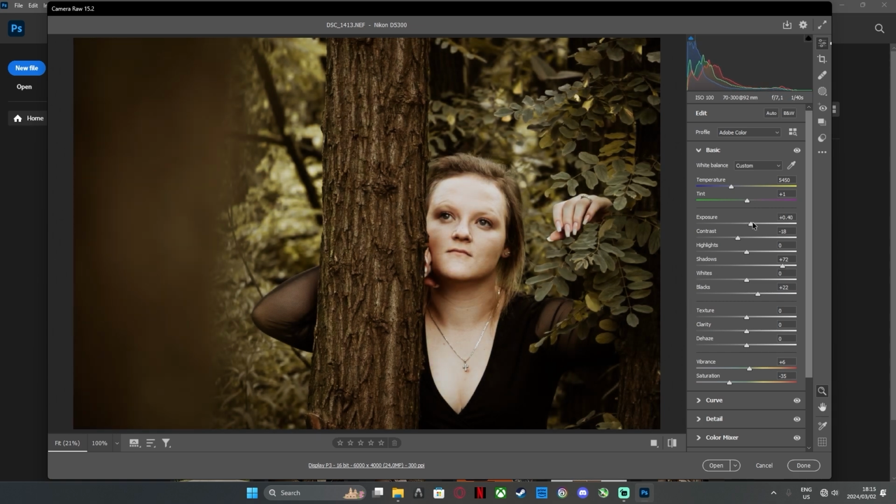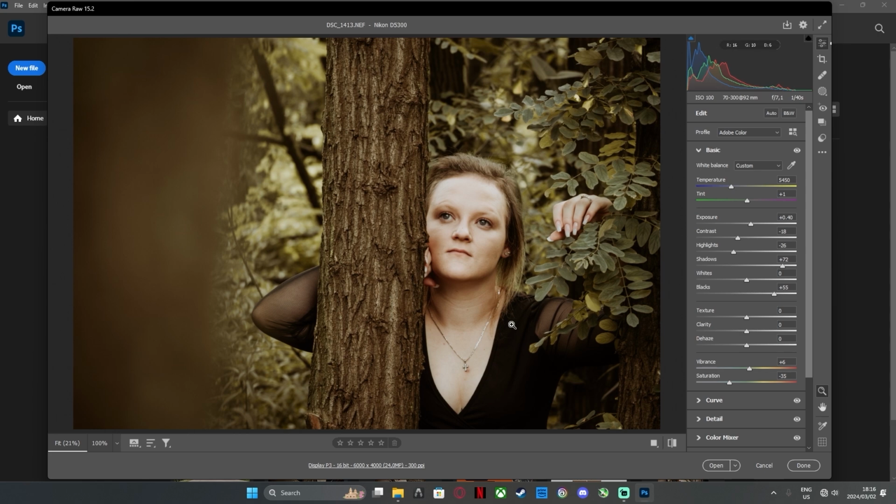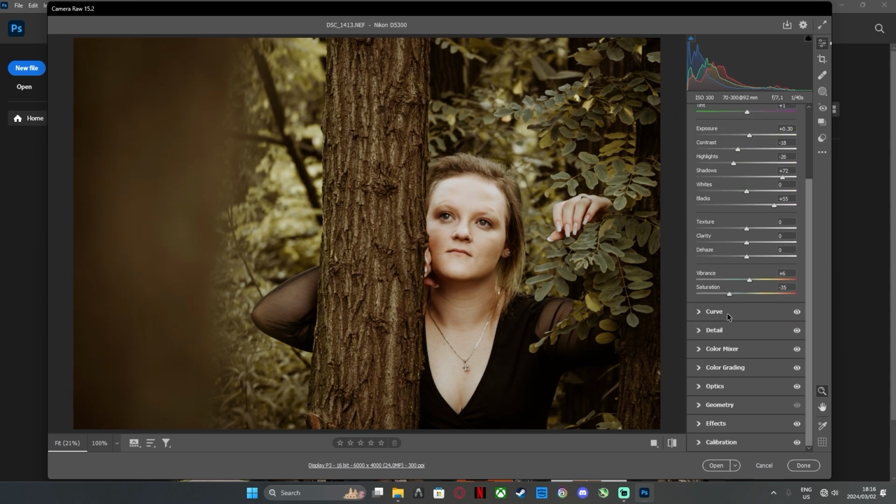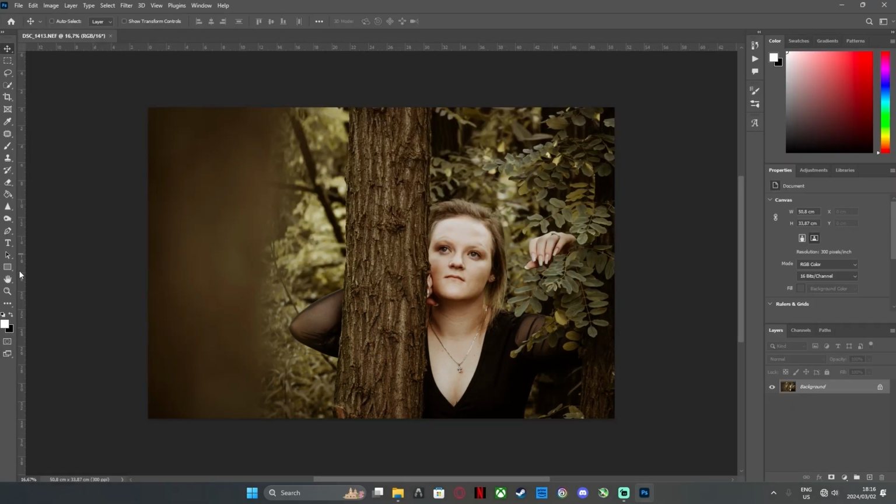Okay, and then here you can see I'm just adjusting my highlights and my exposure a little bit more. I don't really go into messing with the color, as you can see, because like I said, my preset is already sorted. So it's just messing with the light right now. Okay, now in Photoshop,